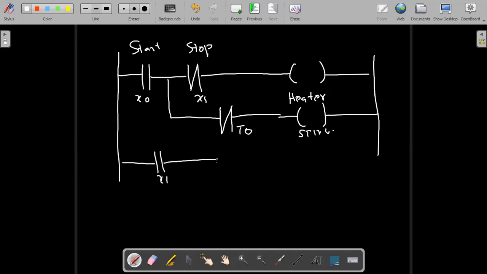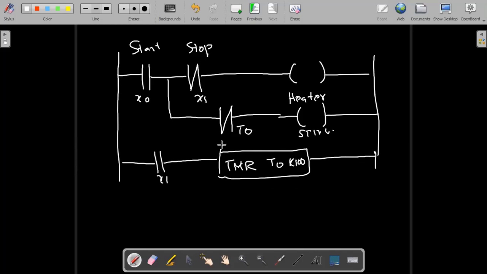Okay, now I'll go for the H1, that is my stop button. As soon as I press the stop button, my heater will be off. But for my timer, I need to define. So I'll use a timer, say for 10 seconds. Okay, so that's it. As per this program, as soon as I press the start button, these two are NC, so your heater and stirrer will be on. As soon as I press the stop button, this will open and heater will be off immediately. Because I enabled this one, the timer will initiate. Once the timer is finished, this particular contact will be open and your stirrer will be off.